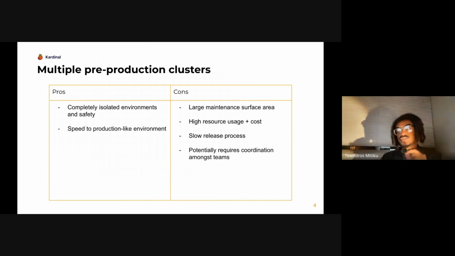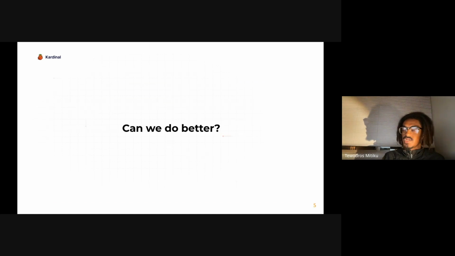And then again, I know that we mentioned that we get that speed to production-like environment, but depending on the amount of clusters you have and the transition that you have from actually getting services propagated through the stages, you could actually end up having a slower release process than you might be able to get. And then also, and again, this is dependent on your setup, but it could require coordination amongst teams. If you've got a shared environment, for example, and 2 teams are trying to push a feature and one is depending on some state in the database, but then another feature accidentally corrupts that state, you now have this coordination that we need to resolve between teams who are trying to get their dev versions of services tested in a cluster.